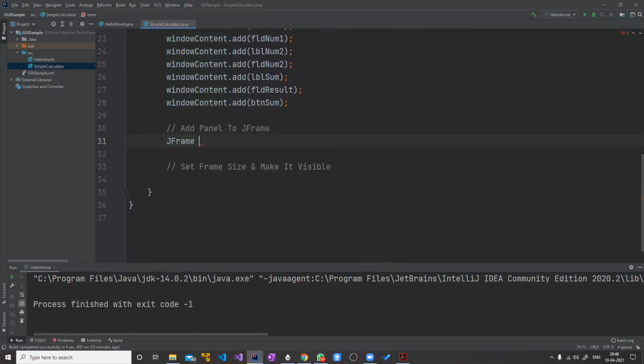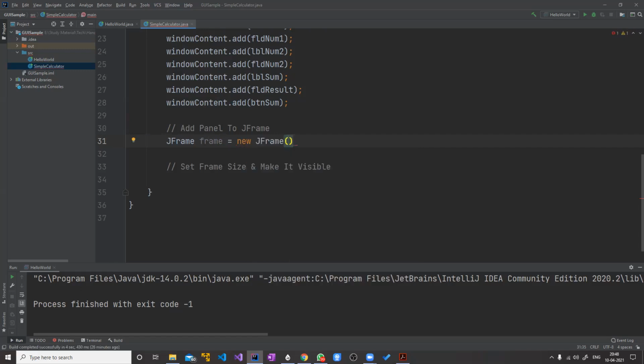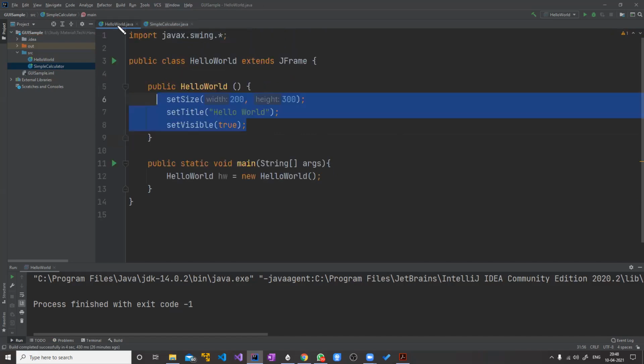So from whatever we have studied till now, what do you say about JFrame? Is it an abstract class or a concrete class? An abstract class. Okay, I think in our previous class we have extended our class from the JFrame.